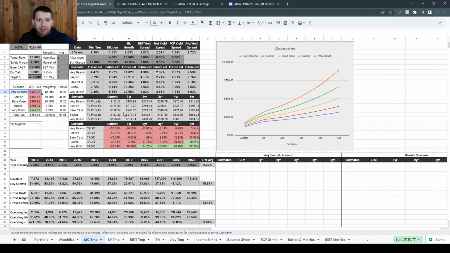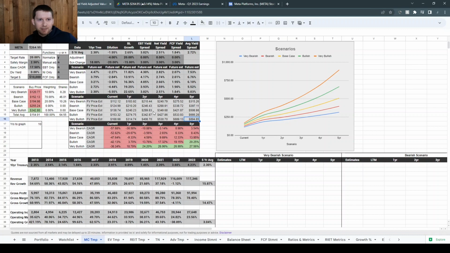When I look at how I could manage this differently in the future, and obviously none of this is financial advice, I am just some random guy on YouTube talking about position management in stocks. This is just for me. This is for nobody else. But I kind of had the fair value in the 183 to 240 area. And we're not too far above that right now. We're at about 260. It's nothing crazy. And if the thesis continues to play out, the 5-year targets are from 315 to 894.